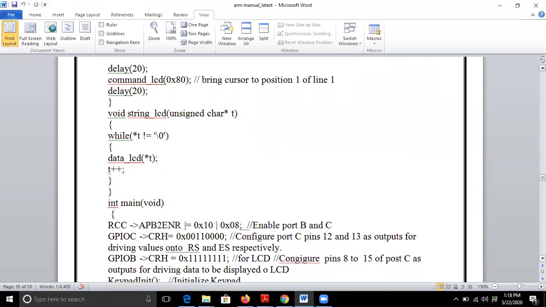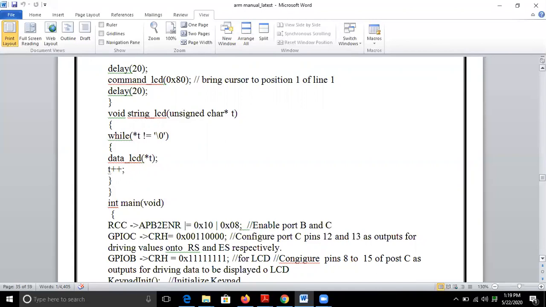So it is void string_LCD unsigned char pointer T, while not end of the string, you keep calling the data_LCD function and send the characters one by one, incrementing the pointer to the next character in the string.